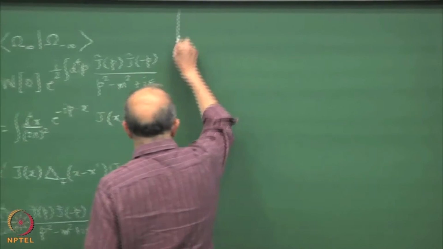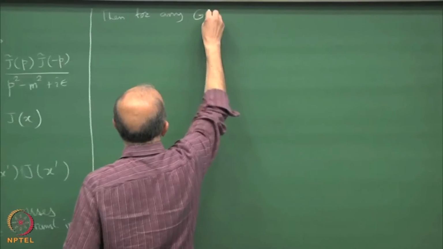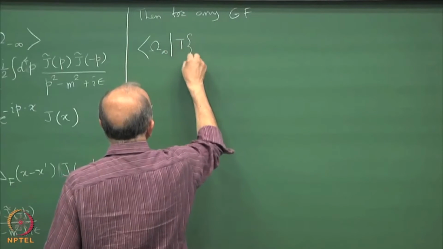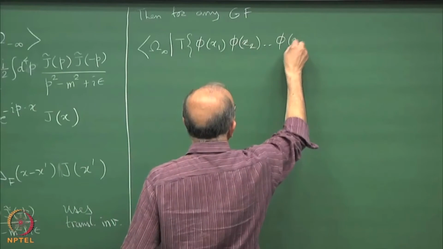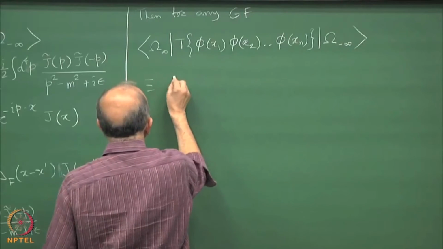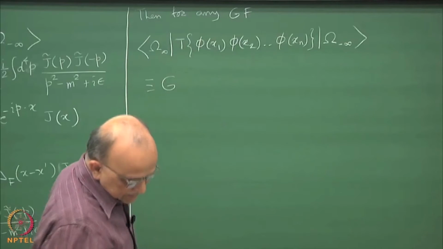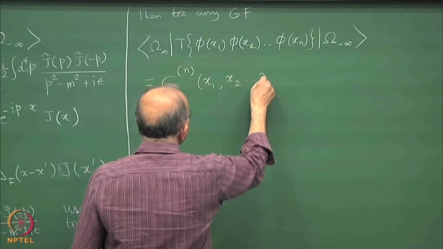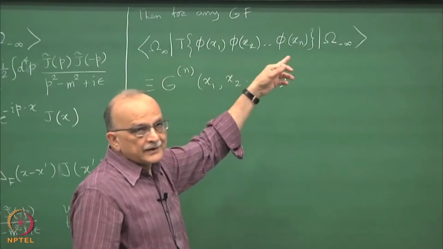So, which is actually, so Ramond doesn't somehow write this T product definition, but I think that is what it has to be. So G_n of x1, x2, we call this